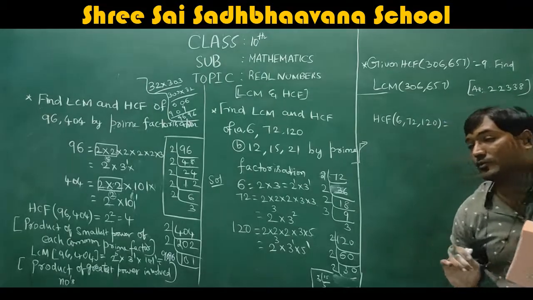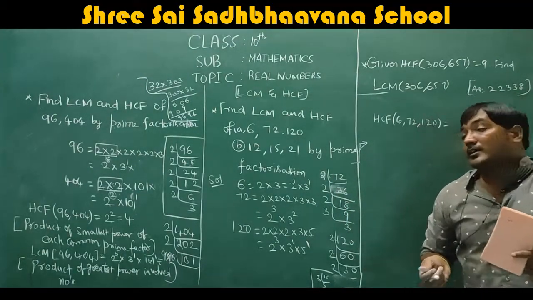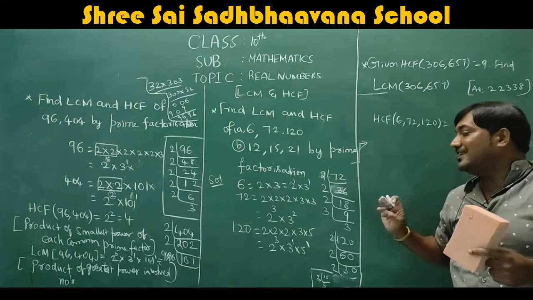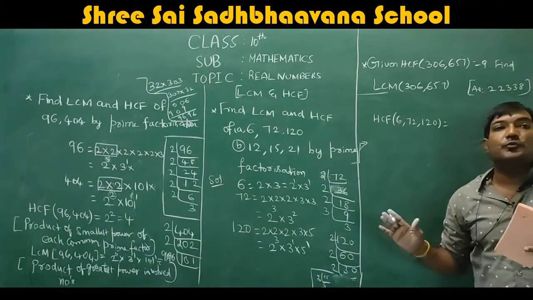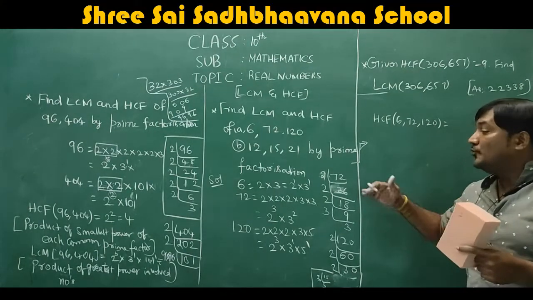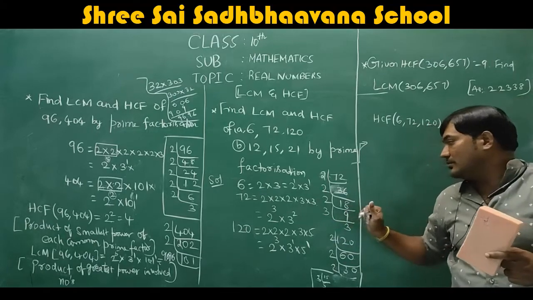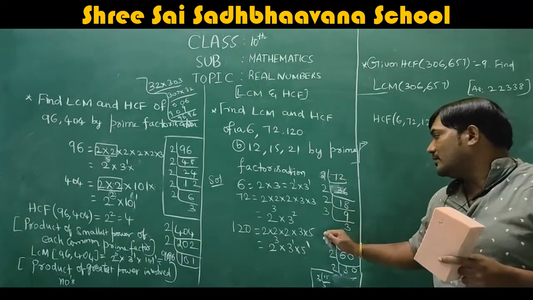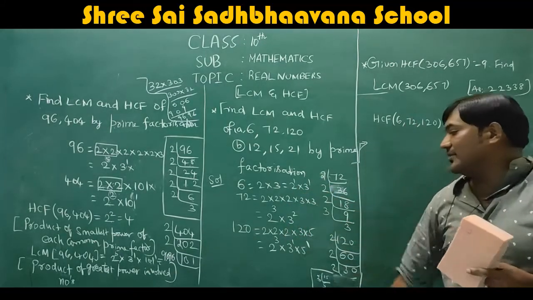First thing, what you have to observe, which is the common. How many prime numbers are there here? If you see, we have 2, 3 and 5, correct? In this, which number is common that you see? Everywhere if you observe, here 2 is there, correct? And again 2 is there everywhere, 3 is there everywhere, correct?